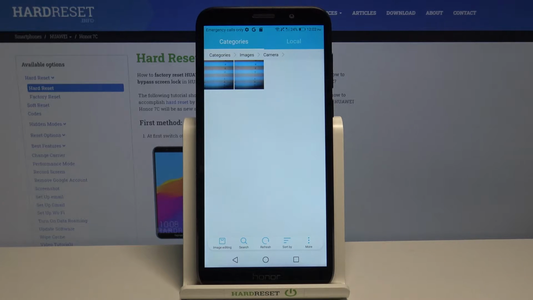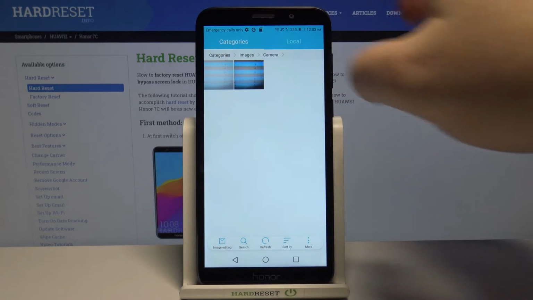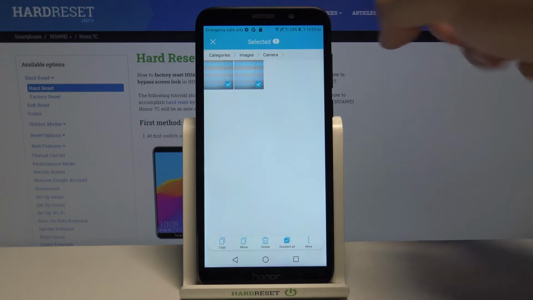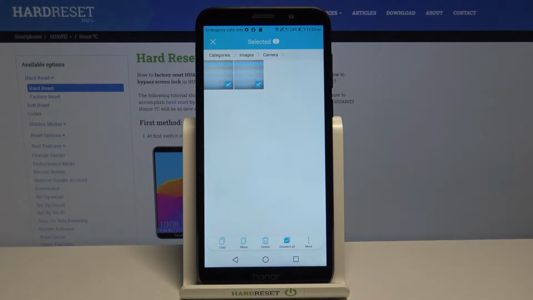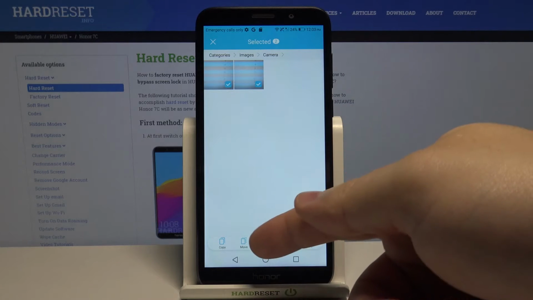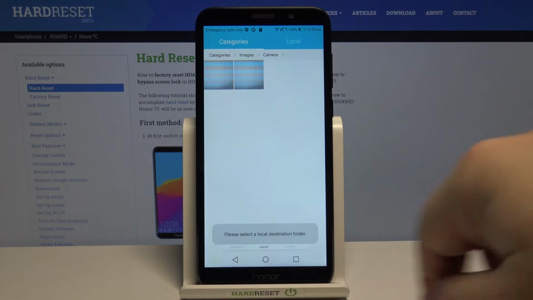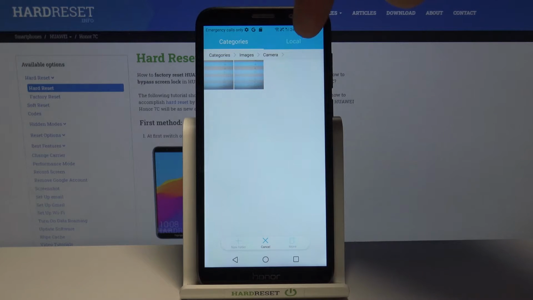To move them, select them by pressing and holding on one, and then you can select one or multiple by tapping on more. Once you select your files, tap on move right here at the bottom, then tap on local right here at the top,